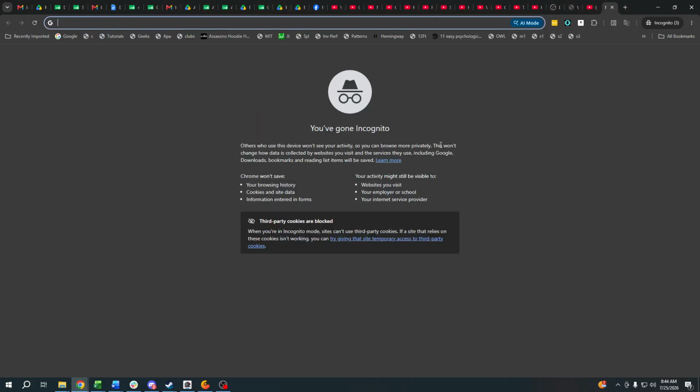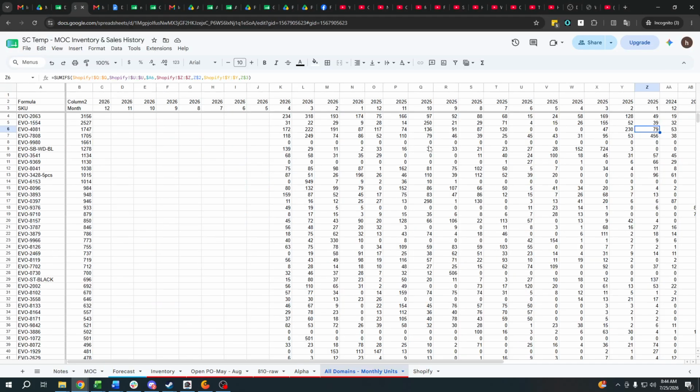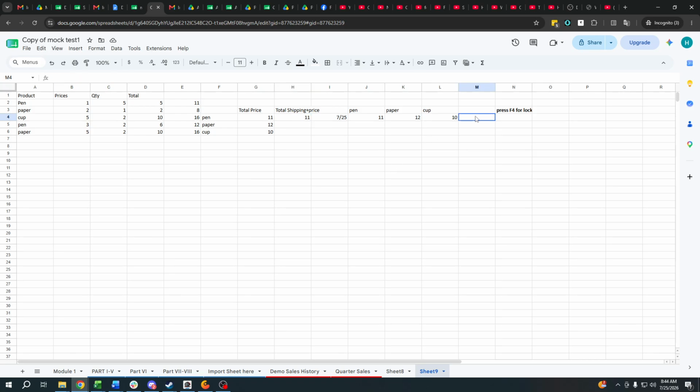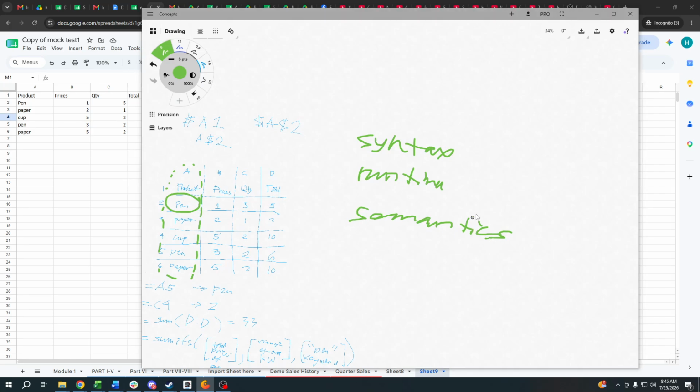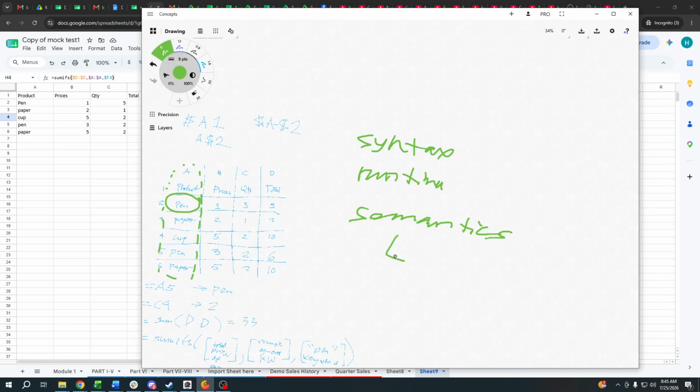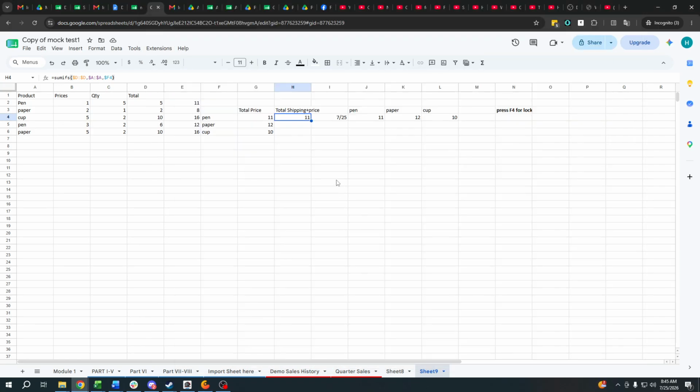The syntax is like the formula itself did not work. For the runtime, it keeps on running until your memory crashes. But for the semantics, the formula is working similar to this one, but if you investigate further, the logic doesn't make sense. So this one, it's logic. The most common errors in Excel are this one and this one, syntax and semantics. So we have to check or correct this one.